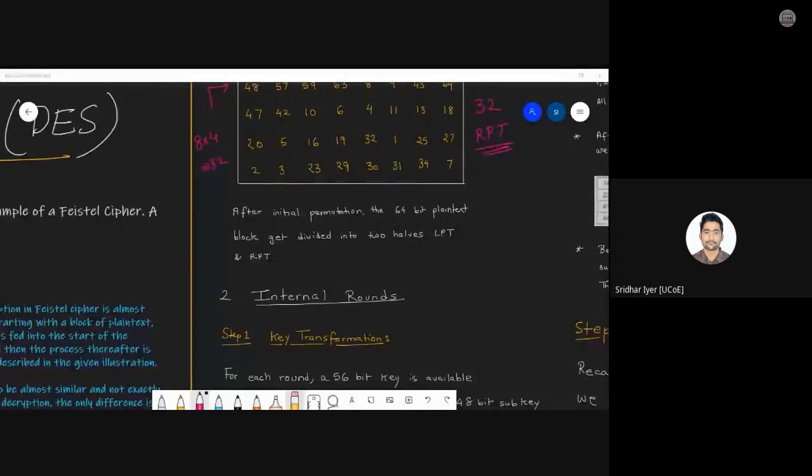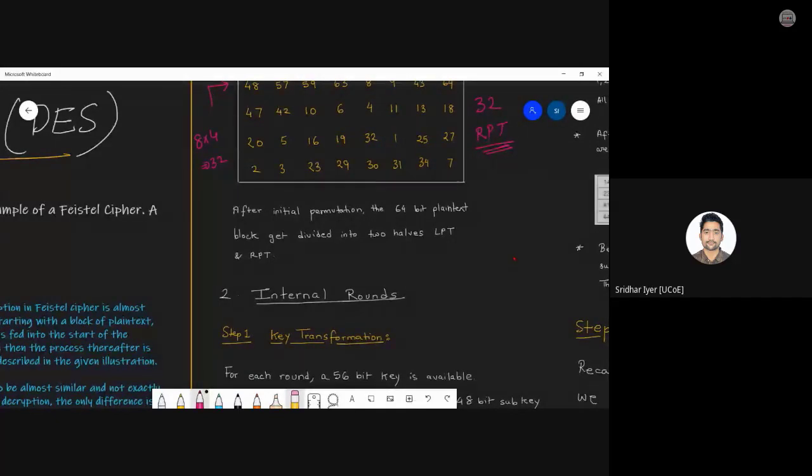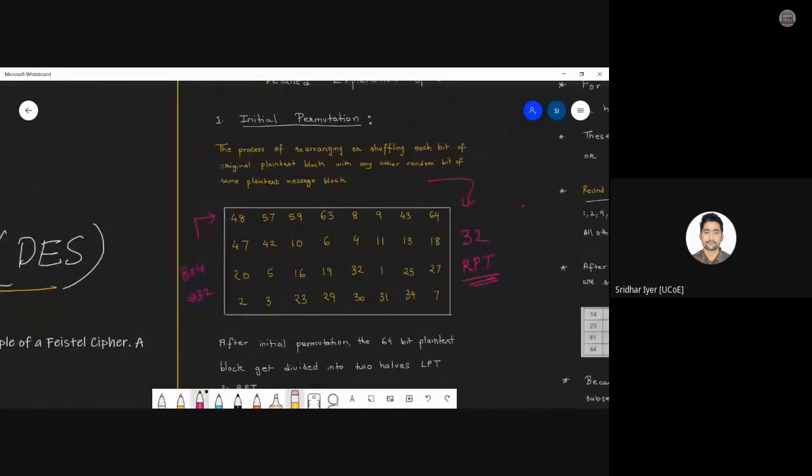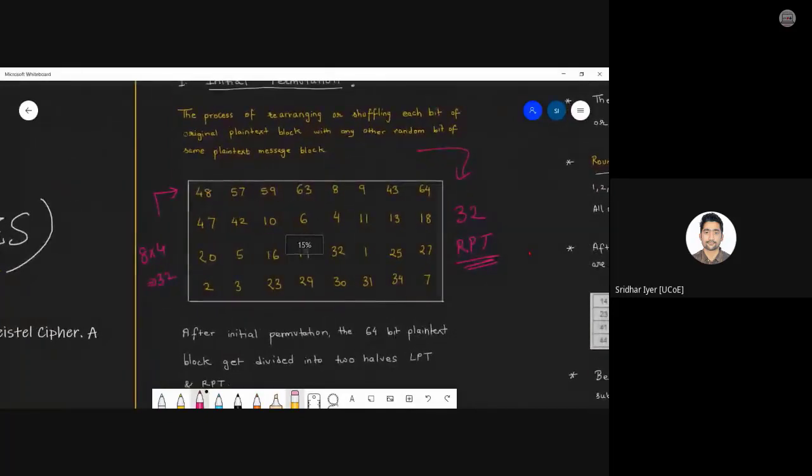Okay, fine. So I was just saying that you have to start off with the initial plain text and then subject that to the initial permutation. After the initial permutation is done, basically this is just a scrambling or jumbling that happens where you are trying to make the process more difficult for the attacker, so the attacker would find it difficult to crack the original plain text. Now, this is a standard table, obviously, but in the exam, it is not expected from you to draw the exact table bit by bit. You can randomly add any values, just make sure they lie between 1 and 64 and none of the values are repeated. Fine, correct?